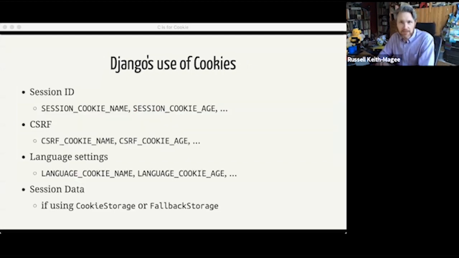There are a number of other areas in Django that use cookies. Django has cookies that it will use in various situations depending upon how it's configured. Django's session framework will store the session ID in a cookie. The name, max age, domain, all the other cookie flags, all those properties of cookies have settings to control them. The CSRF token is stored in a cookie as well, so is your language setting. And again, there are settings matching all of the cookie specification flags that you can then use to control how your CSRF token or your language setting